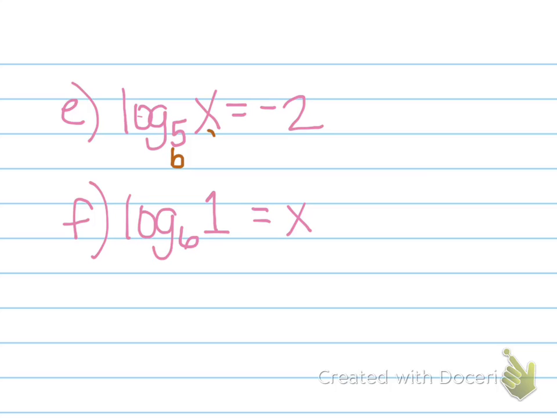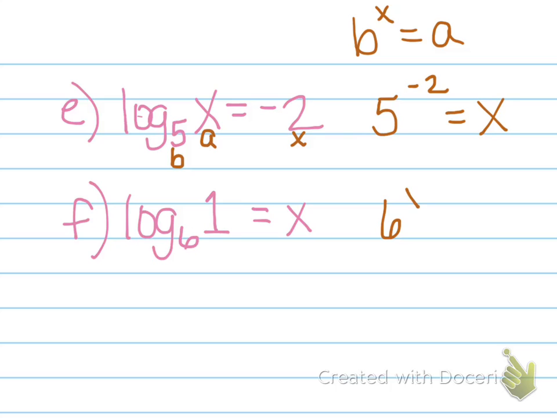Remember, b, a, x, and our pattern is b to the x equals a. So I would have 5 to the -2 equals x. And then here I would have 6 to the x power equals 1. Okay, so